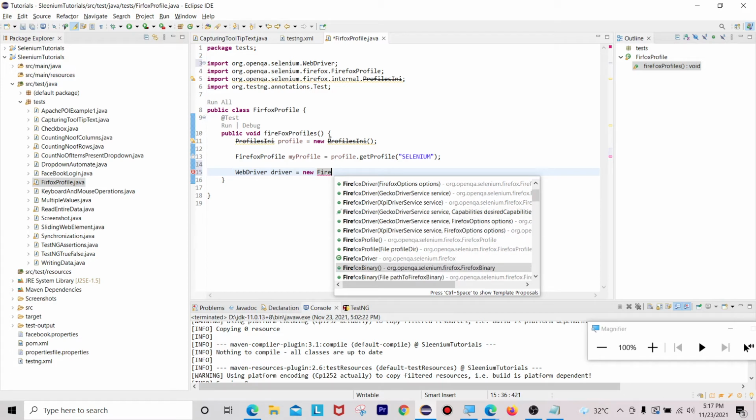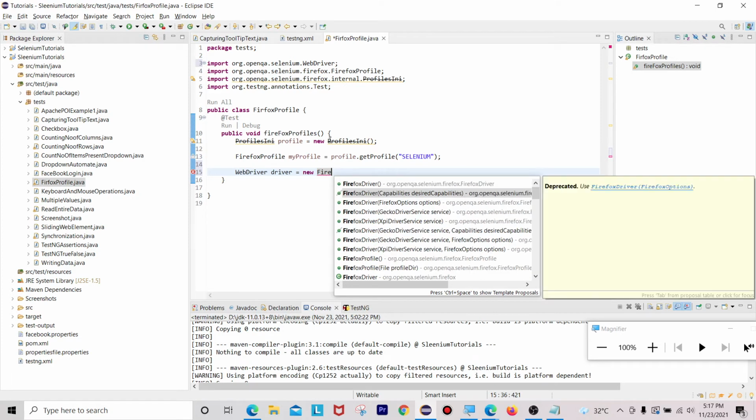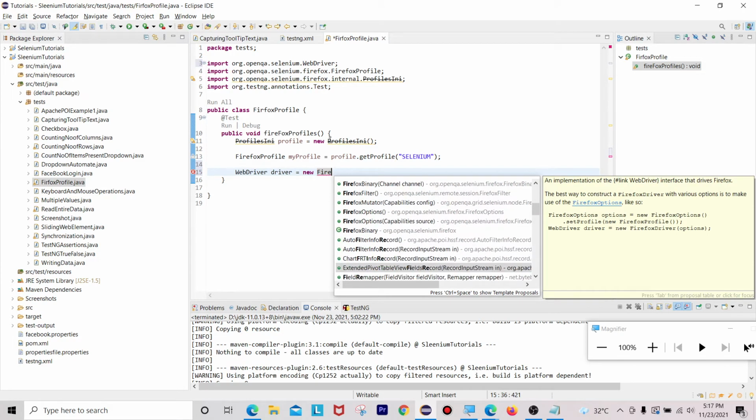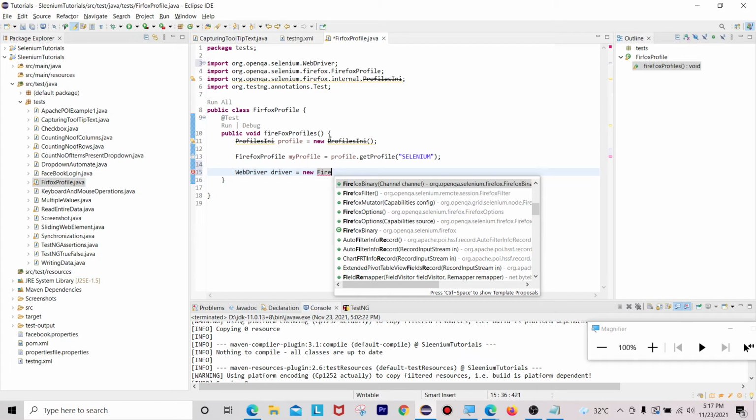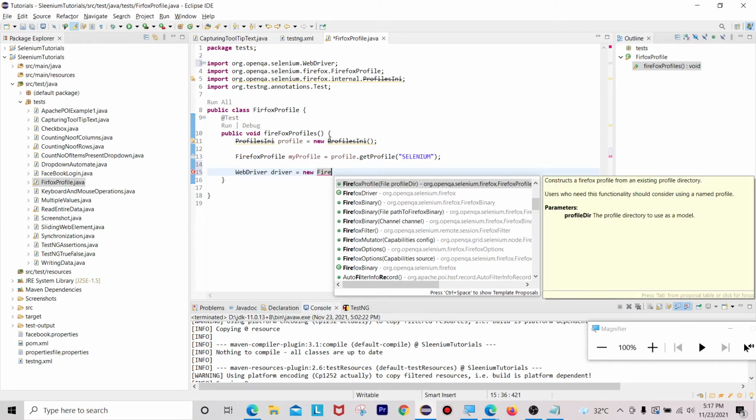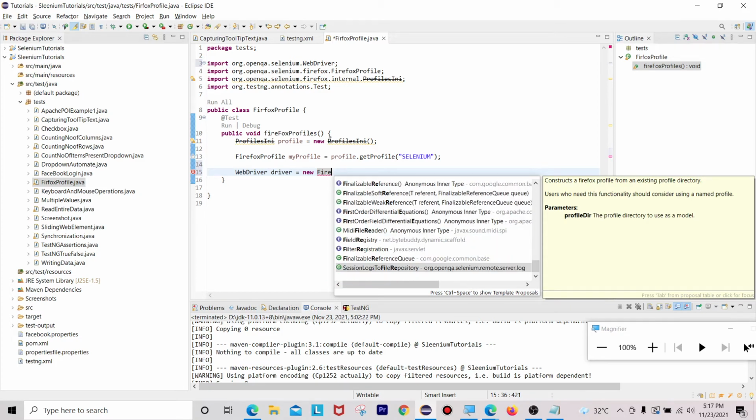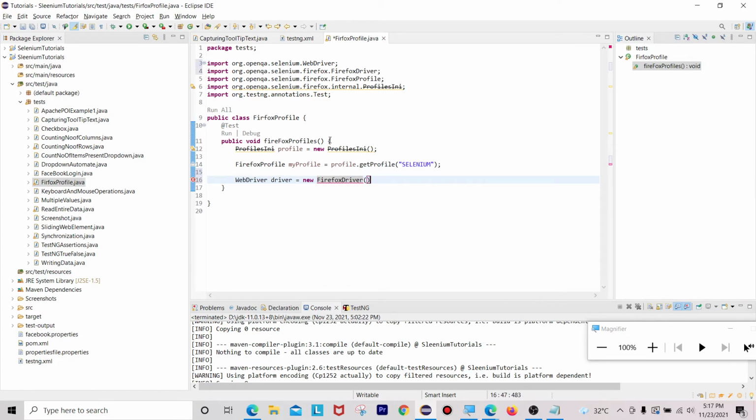WebDriver driver equals new Firefox driver.